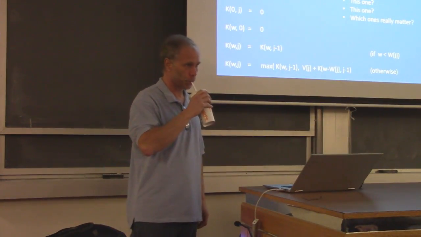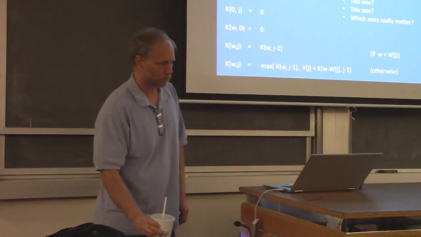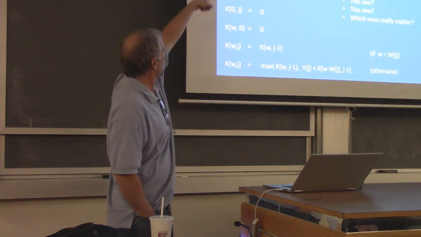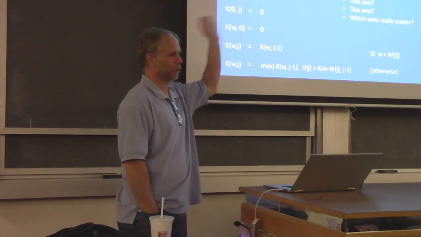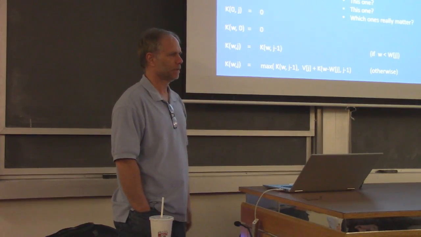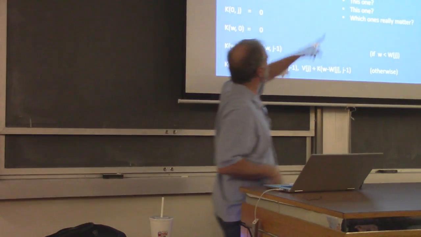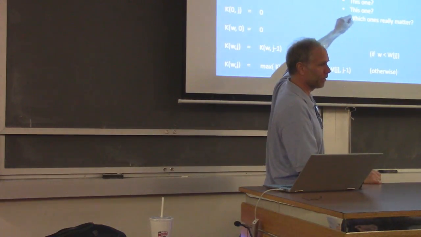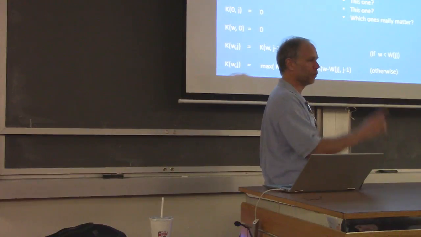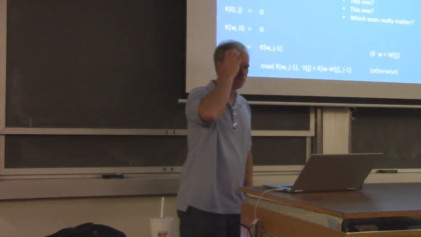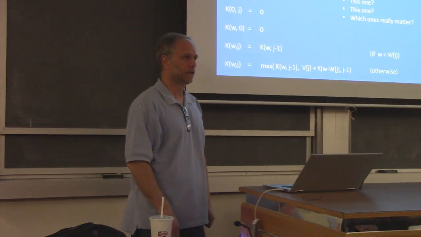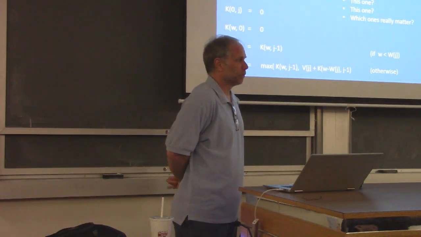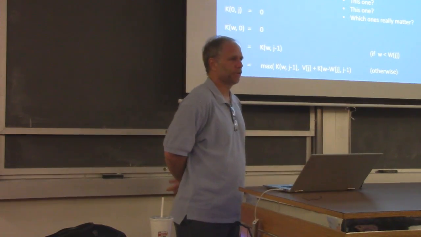Yeah? If the distance between the weight of each item was only 1, then you would have to fill in the whole table. Or even if it was 1, 2, and 3, you would be skipping some on the top row. You'd only look at every third one in the top row and every second one in the next row, and then every one in the other one. Yeah, it depends on the input. But the point is, sometimes the memoizing can beat the pants off